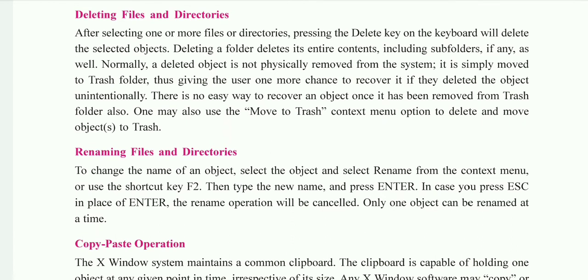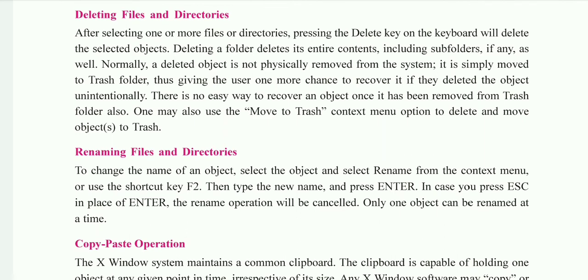You can change your name and then press OK or Enter. When you press Enter, the file will be renamed. But suppose instead of Enter you press the Escape key, then the rename operation will be cancelled and renaming will not happen. And at a time, you can rename only one object, that you have to remember.